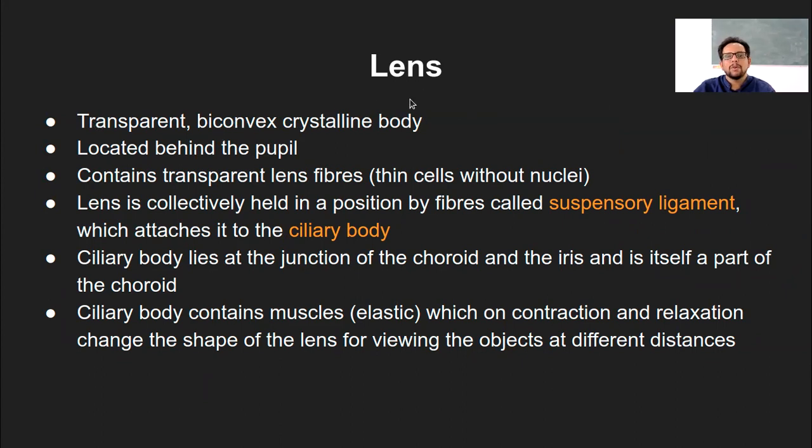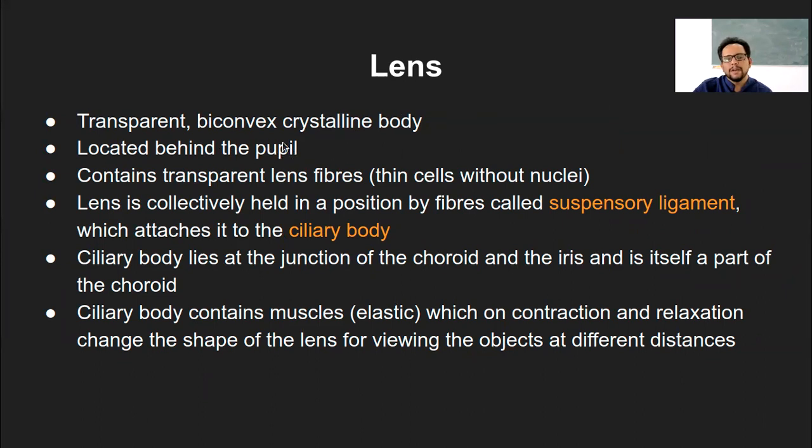biconvex crystalline body. Crystalline does not literally mean it's made up of crystal structure. It's like crispy, like a crystal. It's synonymous with crystal, how crystals are. That is why it is called a crystalline body. And it is optically transparent. Like most of the crystals, they are also optically transparent. Again, depends though, but still, this is kind of similar to that.